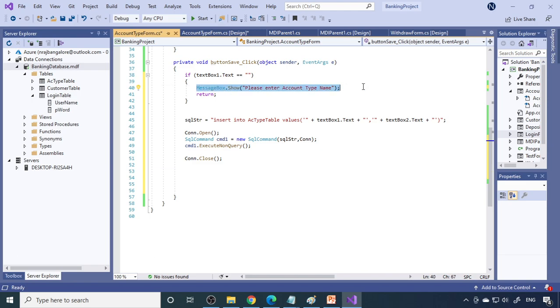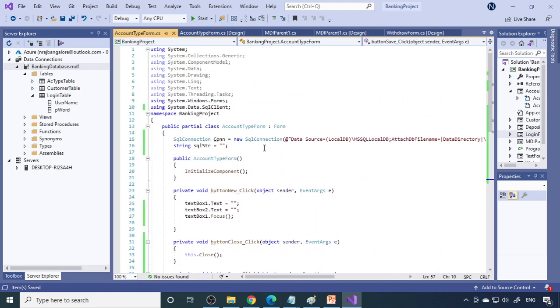Therefore, to tell the user the record is saved successfully, you can use the message box. You can give the message record saved successfully. Otherwise, how does the user know whether it's saved or not? So therefore, there is a confusion. Therefore, this will confirm everything is done well and the record is saved.